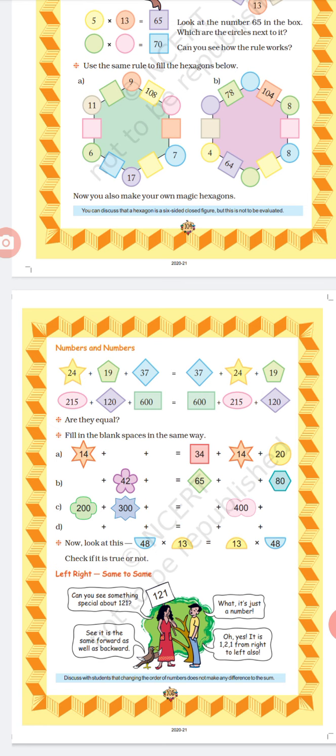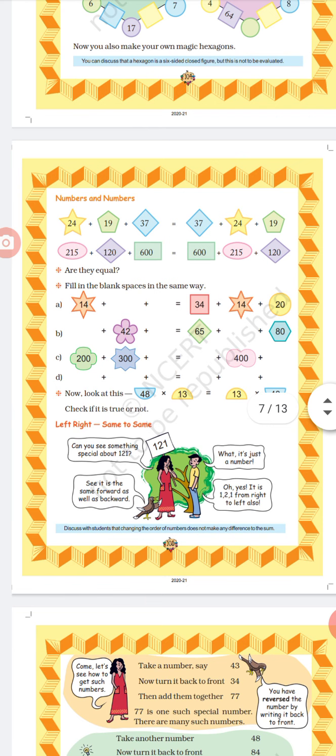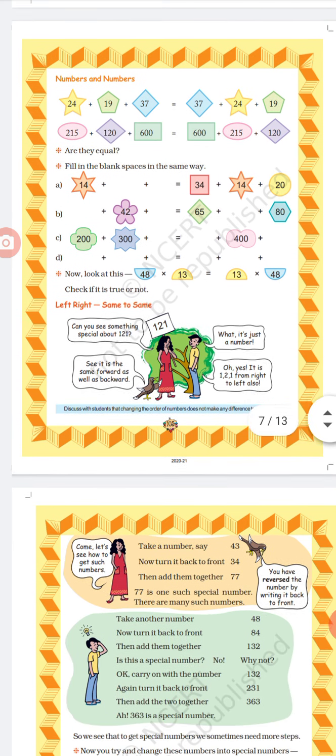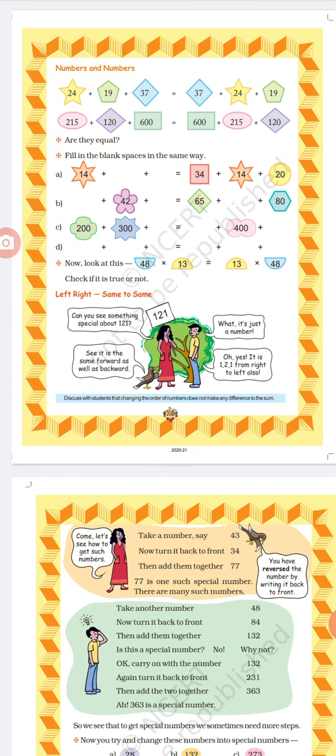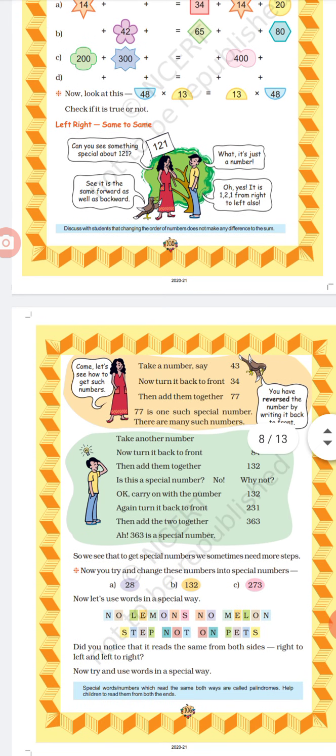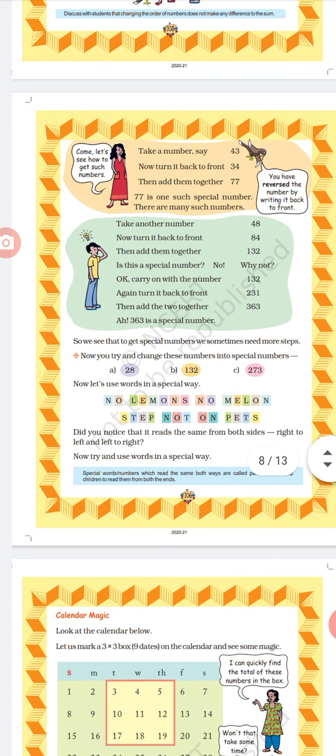Once again, I repeat, use the same rule to fill the hexagons. Second question, fill in the blank spaces in the same way. Third question, now look at this 48 into 13 one. And then last one, now you can try and change this number into special numbers. These 4 questions are your homework,